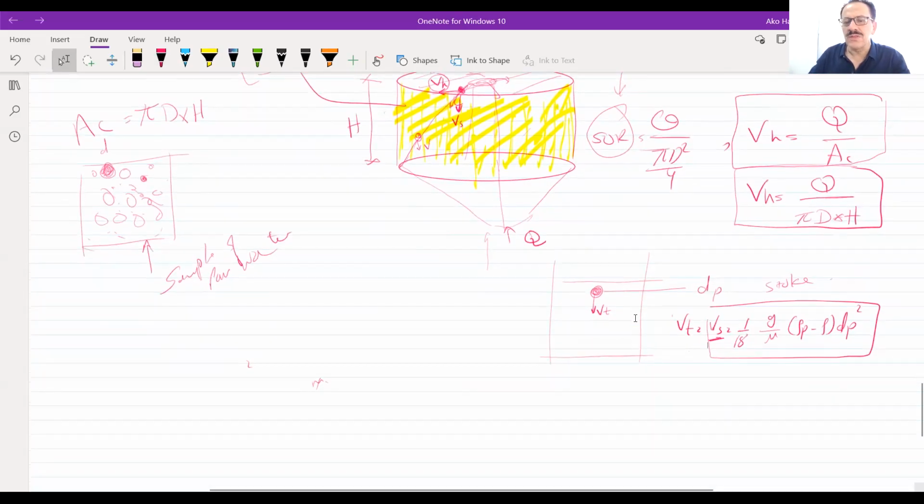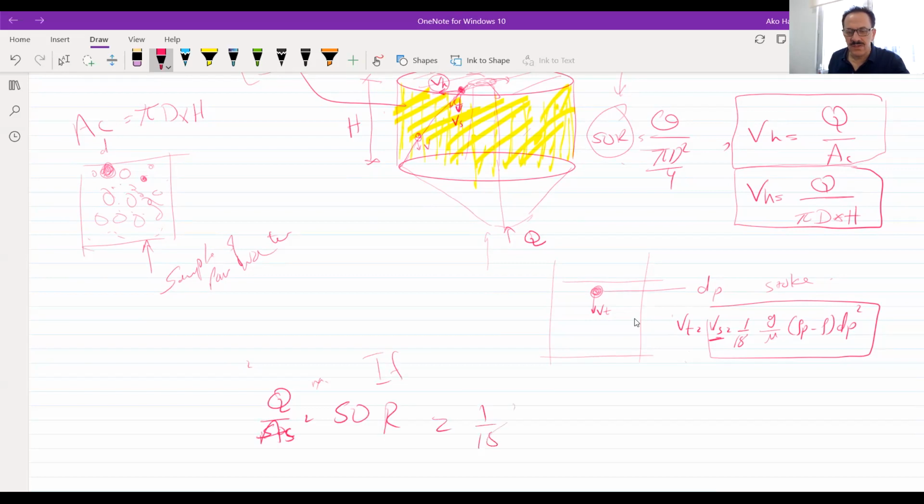Usually those particles, what I mean by equal is if the Q over the cross-sectional surface area, which is what SOR means, is equal to 1 over 18 times g over mu times (rho particle minus rho water) times d particle squared, then definitely this particle is called dp 100%. What I mean by dp 100% is that those particles will be removed